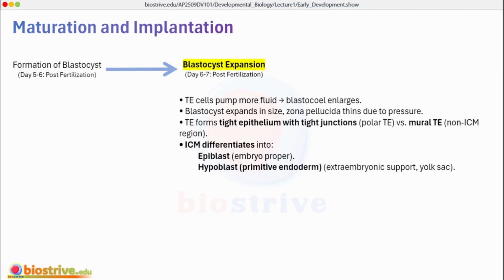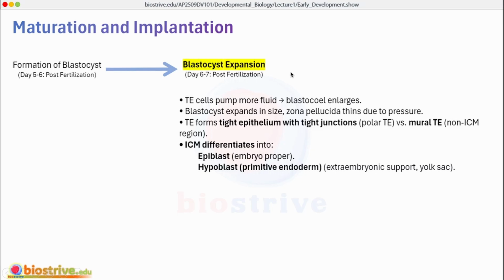Now we will move on to maturation and implantation, and I will refer to blastula as blastocyst, because in humans the blastula is termed blastocyst. First there will be formation of blastocyst, which is around day 5 or day 6 after fertilization itself, and the first process in this maturation is blastocyst expansion, which occurs around day 6 to day 7 after